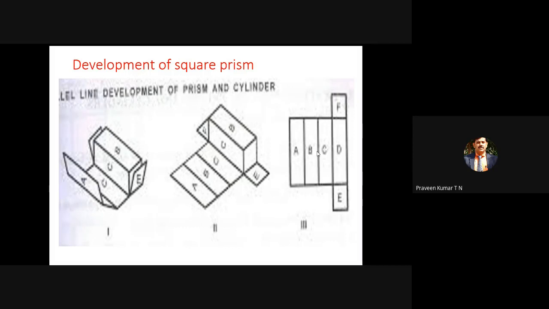Then you open it. Once it is open, if it is a chapati roll or some other roll, you will get one circle, excluding the other material ingredient. But normally you get it open, that is, you are cutting and opening it. Once it's open, we'll get a rectangle. If you consider a square prism, once it is open, we'll get 4 rectangular faces.